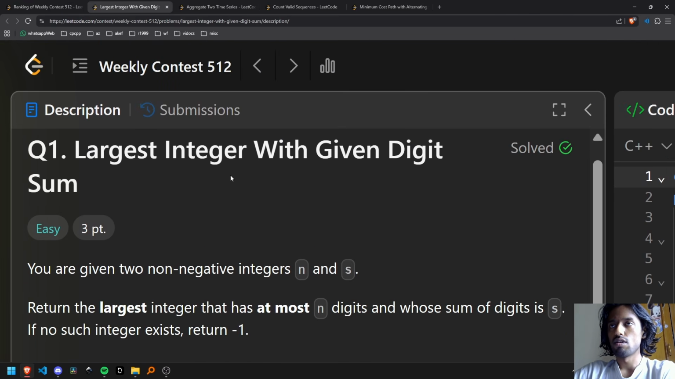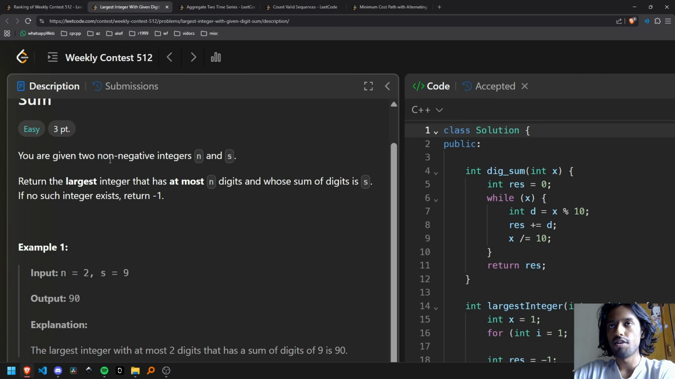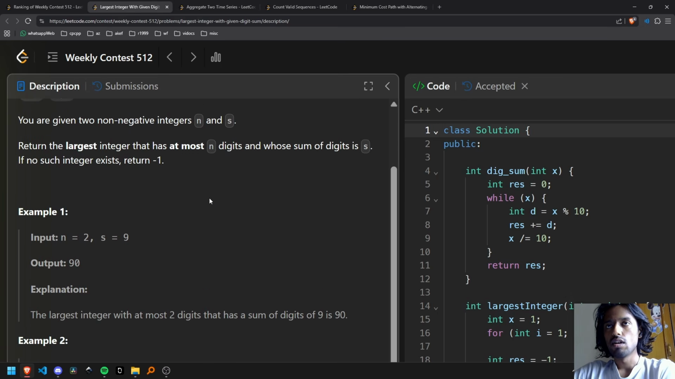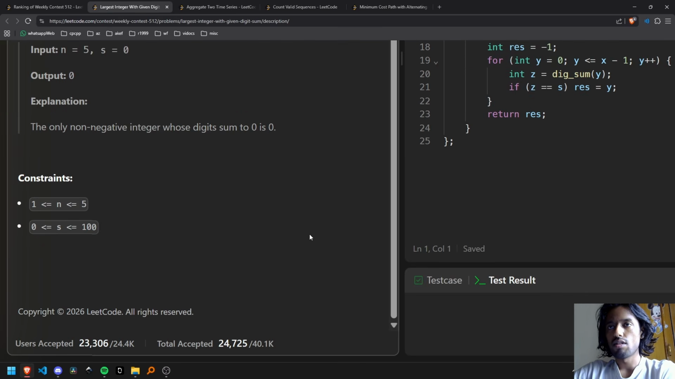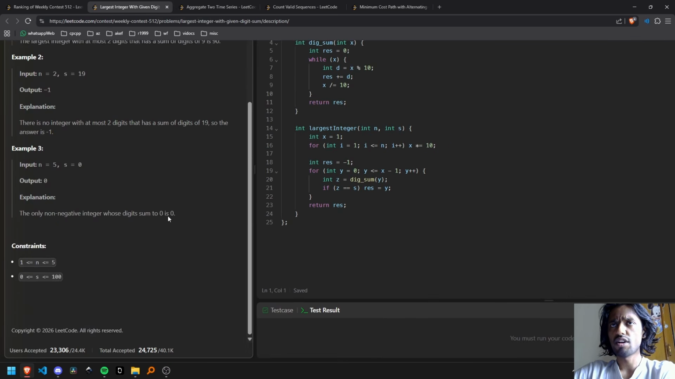Problem 1 was basically we had to find the largest integer with the given digit sum. Basically, we are given n and s and we have to return the largest integer which has at most n digits, but the sum is exactly s. But since the constraints were fairly lax, which means n between 1 to 5 and s, the digit sum, from 0 to 100,